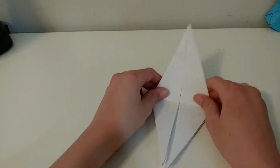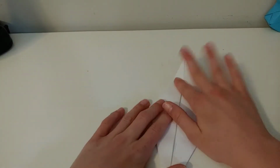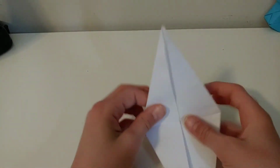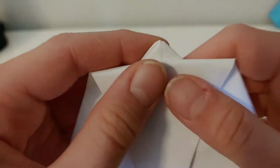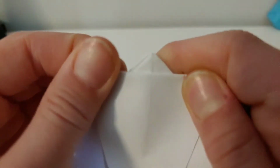So now what you're going to do is fold this up. And then here is where you make the head, and you're going to fold this down. Right here. You're going to take this and fold it. I prefer to have a big head. Well, it doesn't really matter. Well, it kind of does matter, because if you make the head too big, it won't be able to transform. So you can have the head right here. And then